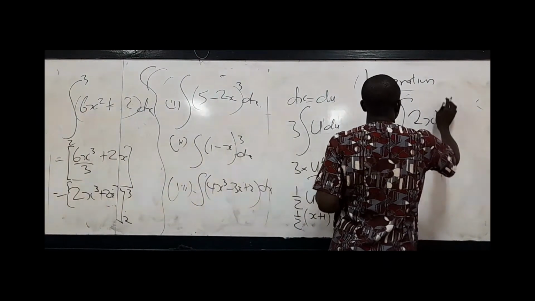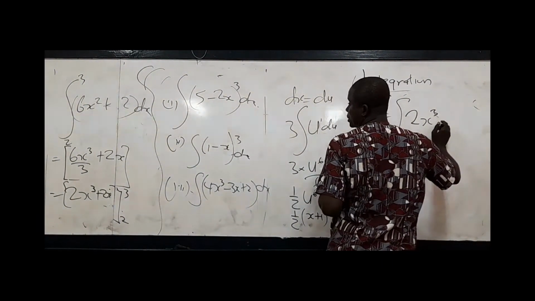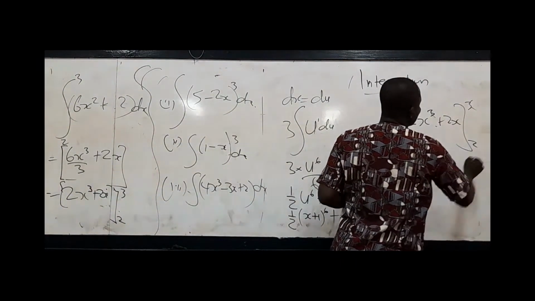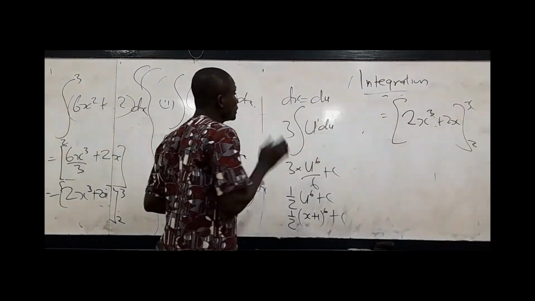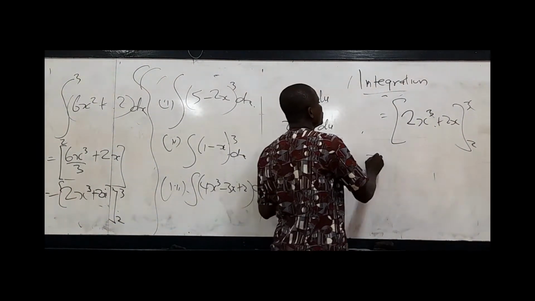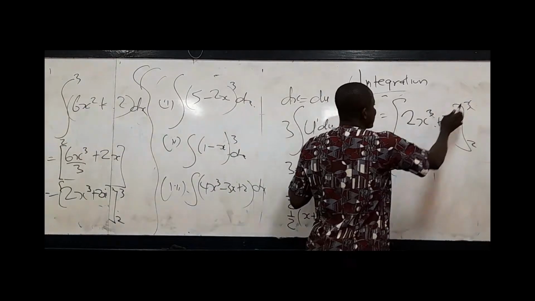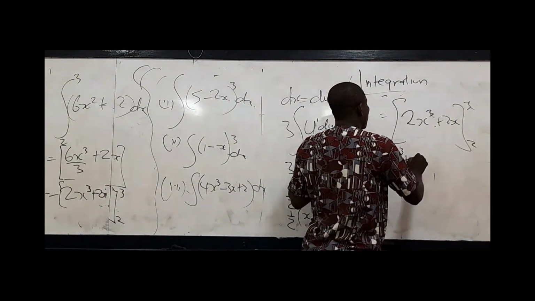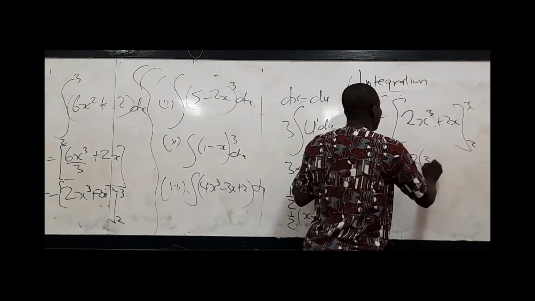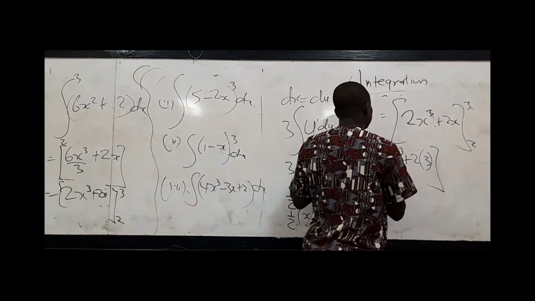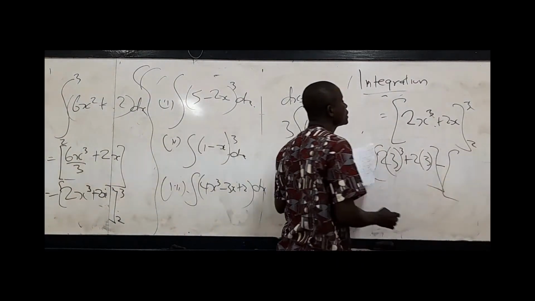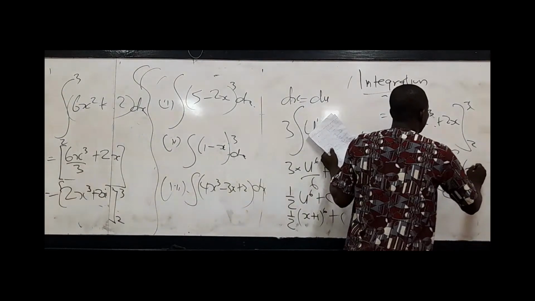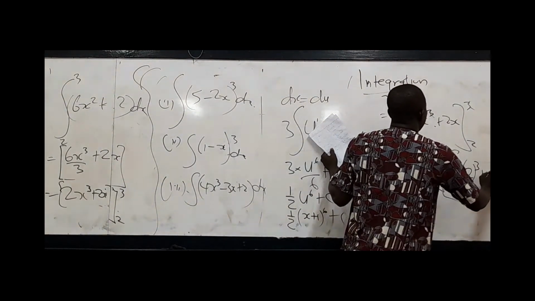2x cubed plus 2x, from 3 to 2. The meaning of this is that we are going to rewrite it. Then whenever you see x, you put 3 there. So 3 cubed plus 2, you put 3 and close the bracket like that. Minus the same thing. This time, whenever you see x, you put 2 there. It comes to 2 to the power 3 plus 2,